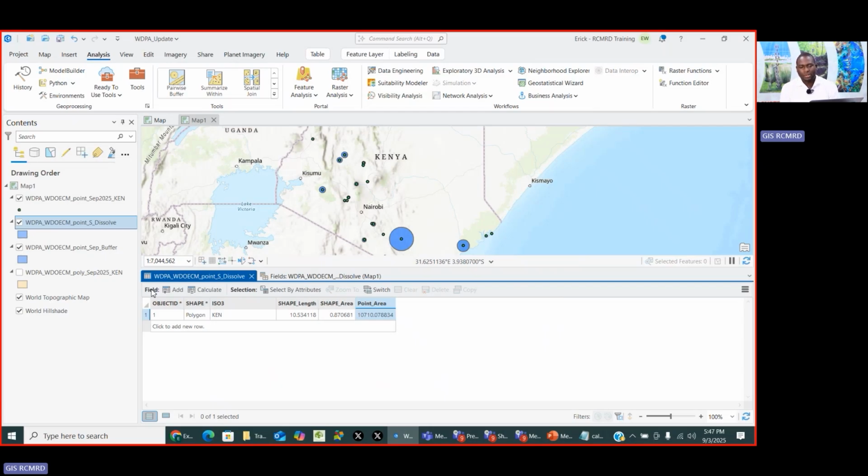In our next session, I'll also be showing you how to combine the flattened layer, the dissolved point layer, with the dissolved polygon layer, how to get the total area of the country, and how to calculate the percentage coverage of the protected areas of a country for reporting towards target 3. Up to there, I want to thank you